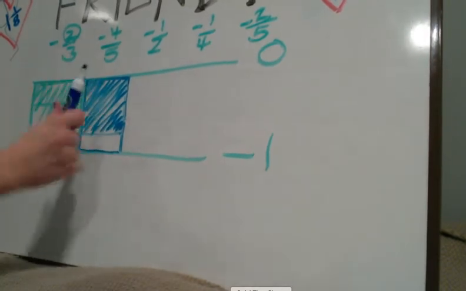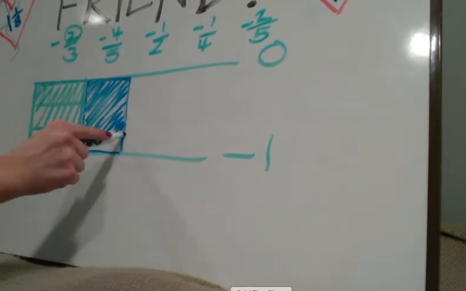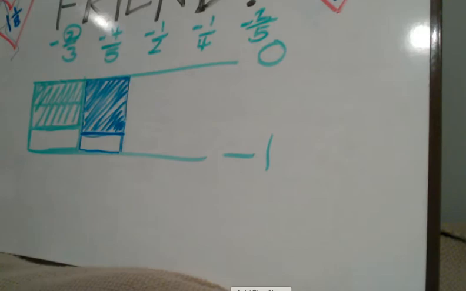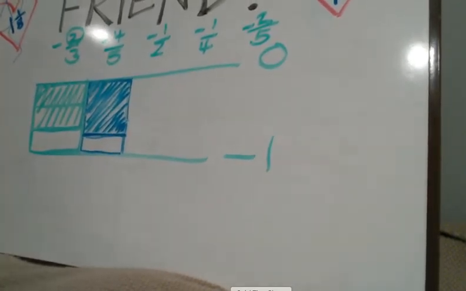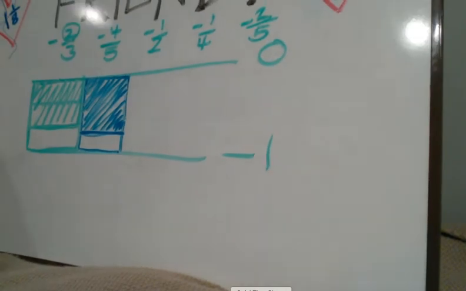Which means I'm going lower or farther negative. The more negative it is, the smaller its value. So I can compare those two pretty easily. If I keep going,